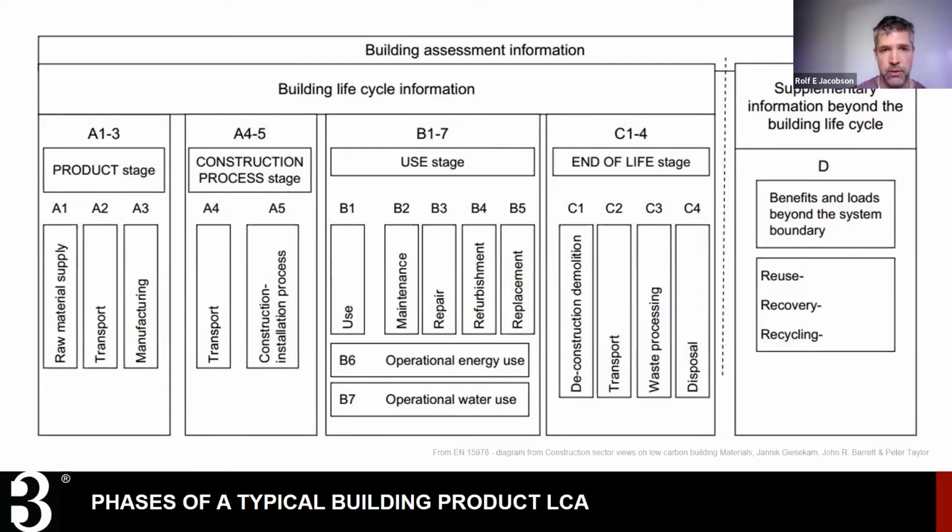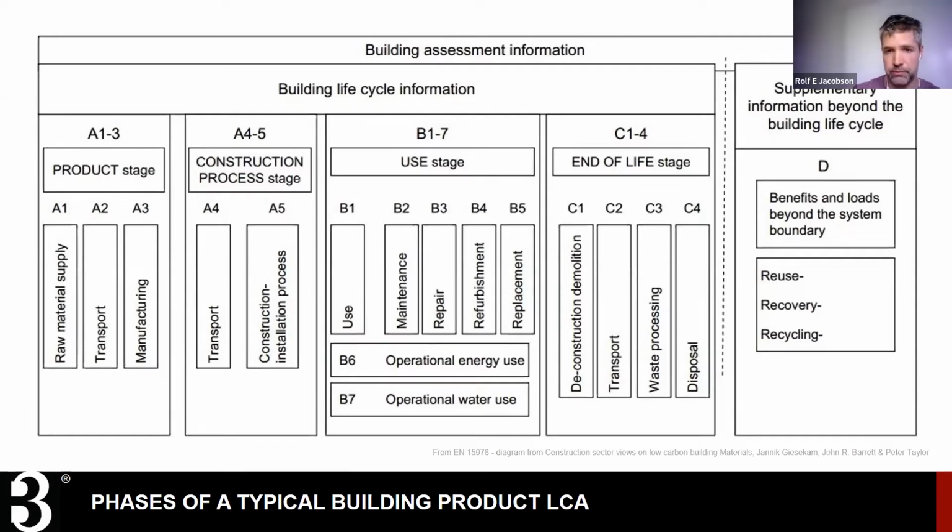And then phases 4 through 5 is the construction of the building. Phase B is the use phase of the building. It can include impacts from maintenance or repair, even replacement of the different components of the building. And phase C is the end of life stage. So you can see listed there deconstruction or demolition, the impacts from that, transporting that waste and processing it, and